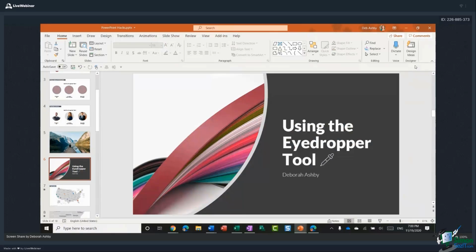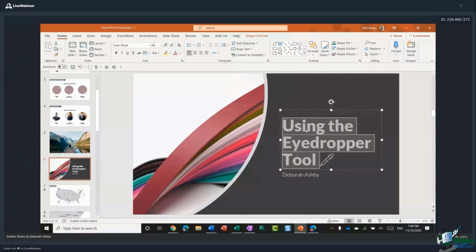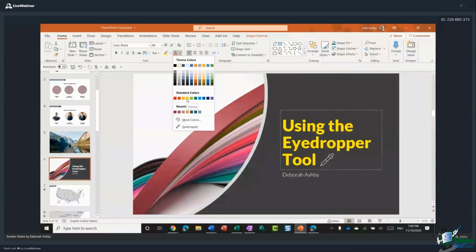So for example, on this slide, I have quite a lot of different colors going on here. And it might be that I want to change the color of this title text to make it a little bit more interesting. So what I would normally do is highlight the text, jump up to the home ribbon, and then select a color from the palette just here. And I might go in and decide, yes, yellow looks nice, and change it to that color. But if you always do this, you tend to have a presentation that has all these different random colors going on and nothing really matches. So the presentation becomes not very cohesive in its color scheme.